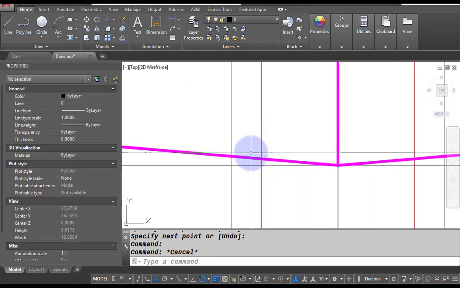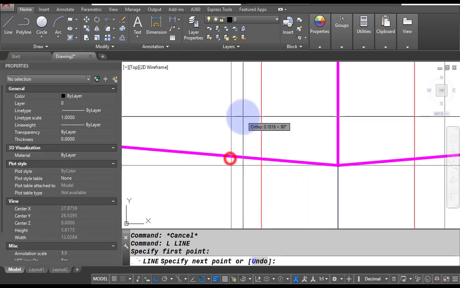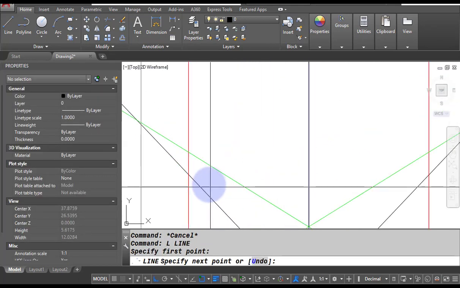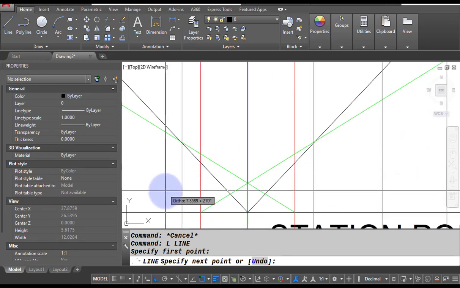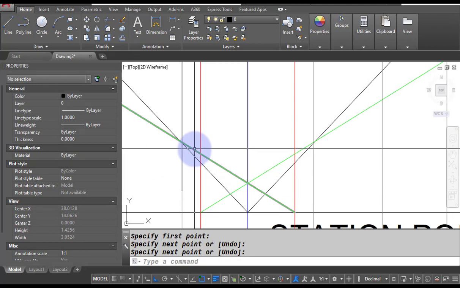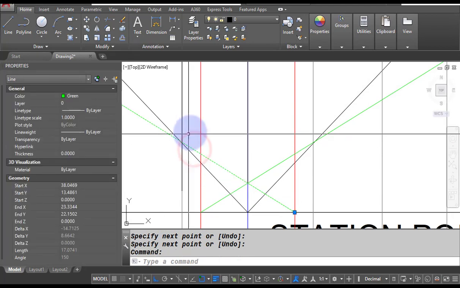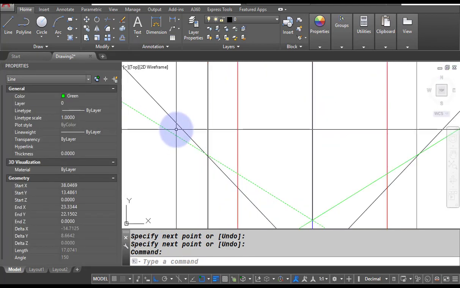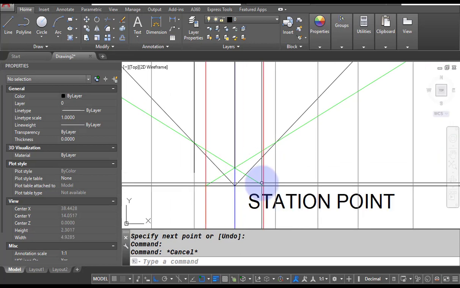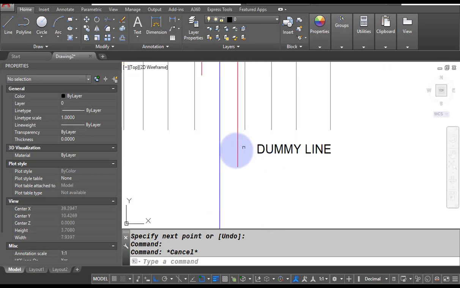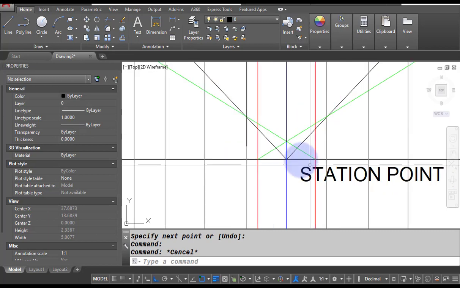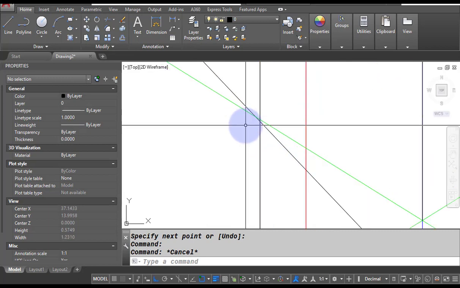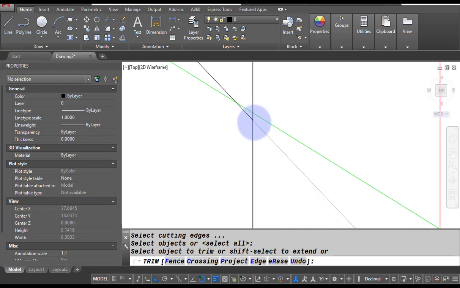So we are going to draw a line from this point up to this red line, or sorry, green line, because this green line shows our dummy projections line. This is our dummy line, and this green line is connecting from the dummy line to the vanishing point. So I am going to trim this line.